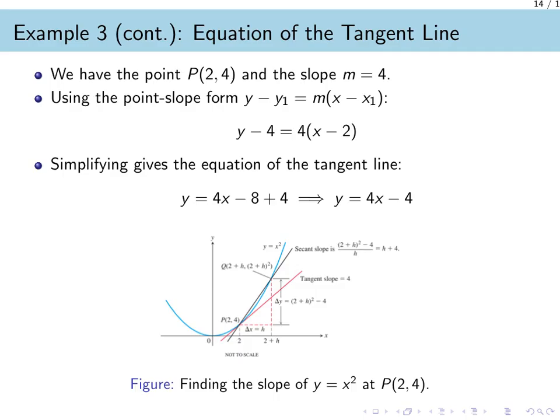By distributing the 4 on the right side and then adding 4 to both sides to solve for y, we arrive at our final answer. The equation y equals 4x minus 4 precisely defines the straight line tangent to our parabola at the point